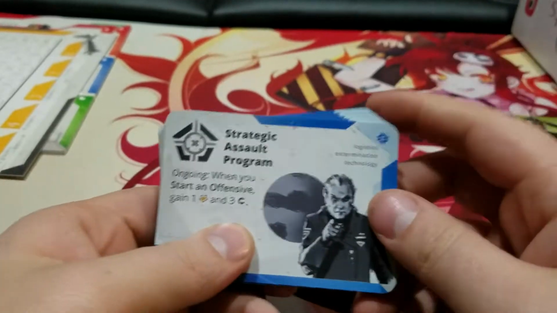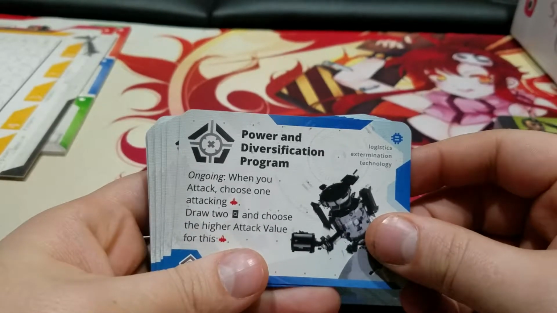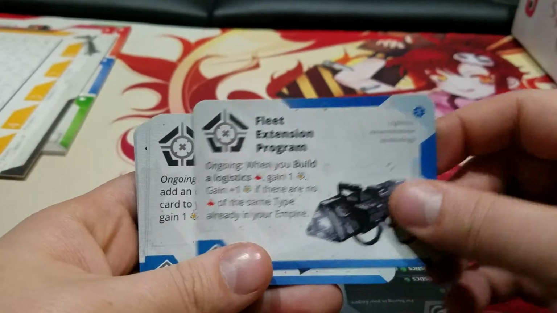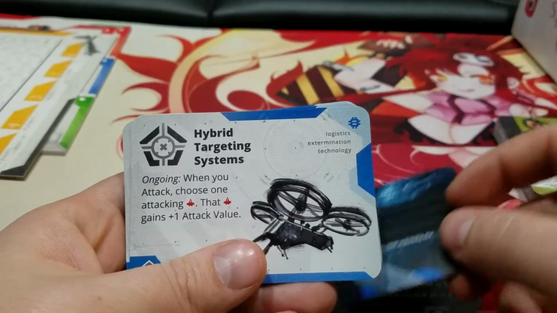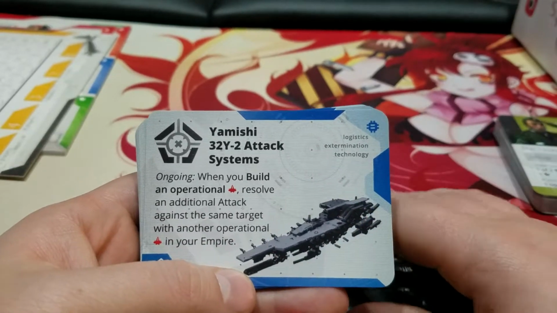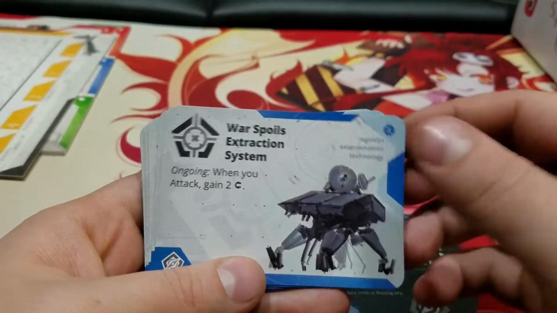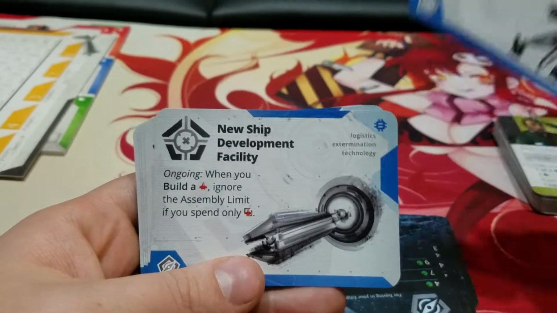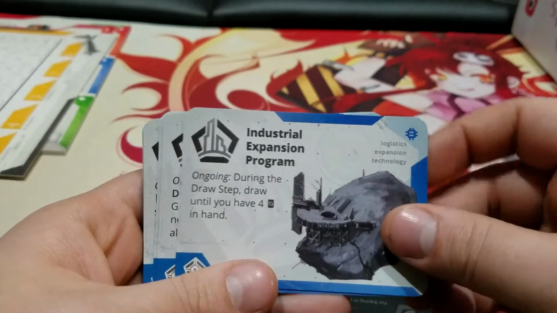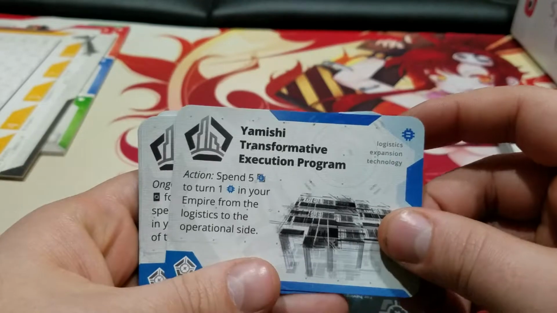This all looked like tech of some sort to me, or other related stuff. So like strategic assault program, power and diversification program, alternate transport route, fleet extension program, strategic offensive plan, hybrid targeting system, Yamishi 32Y-2 attack system, automated fleet construction, there you go, war spoils extraction system, looters, huh, new ship development facility, industrial expansion program, dynamic growth program, Yamishi transformative executive program,